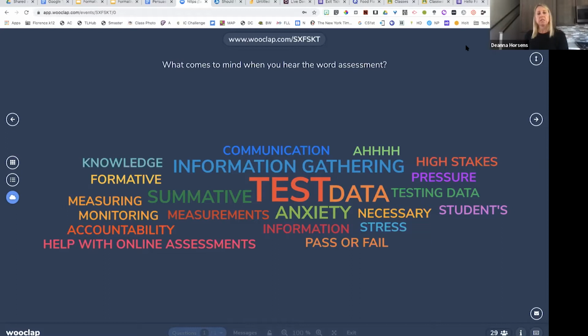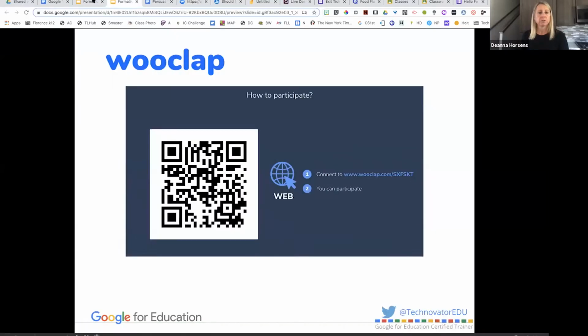Cool. So that's just a little bit about how you can use WooClap. It's a fun new one. There's also, some of you may have heard of Mentimeter. You may have even used it. There's another one. We're going to jump back over here to